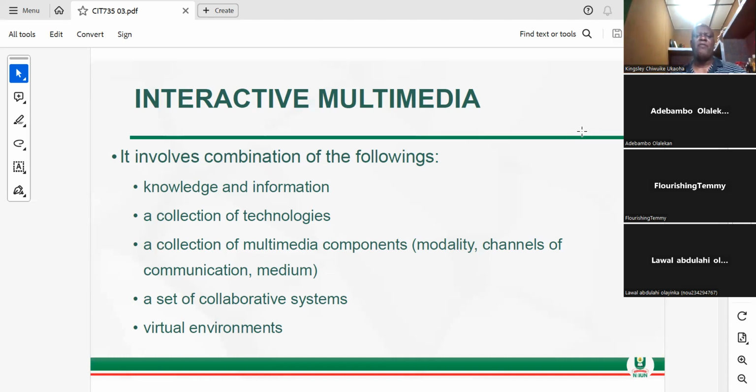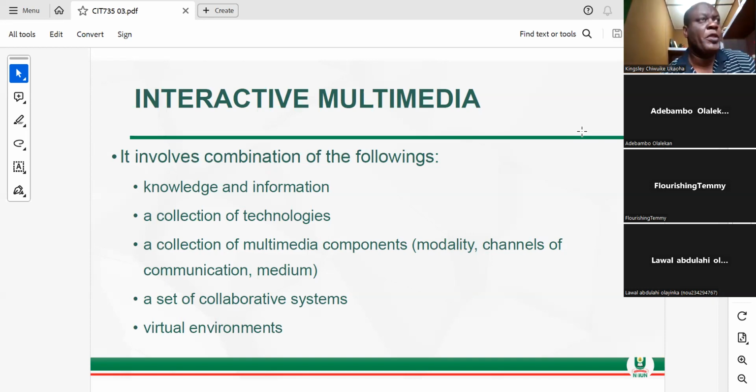Then virtual environment, the environment it is being presented to you will look as if it is real, but it is not real because it's coming from far. But the television will look as if everything you are presenting, or the computer, is actually inside that computer. But meanwhile, it is being driven from outside to where you are. So you could call it interactive multimedia. So for example,